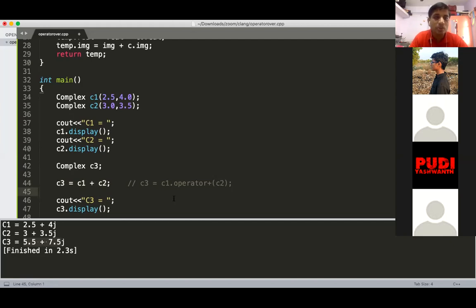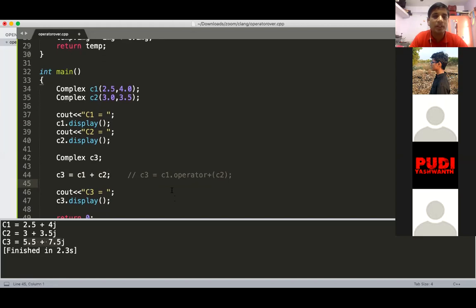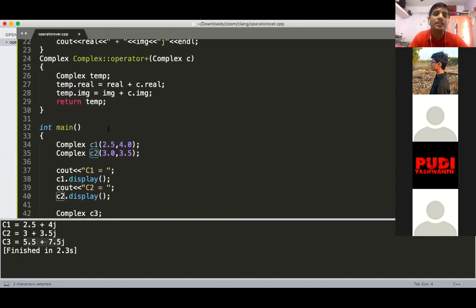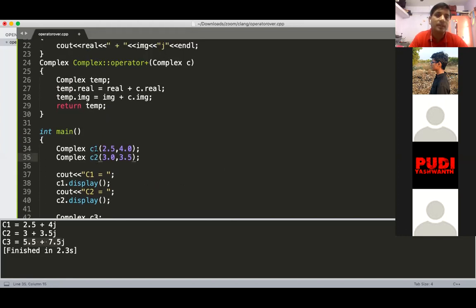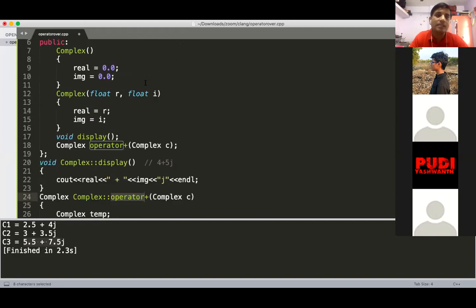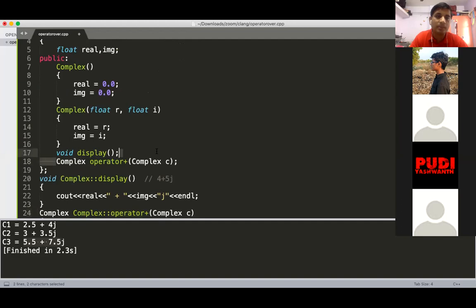Getting? So any binary operator is resolved like this. How can you say that it is a binary operator? Because it takes one argument. A unary operator is not taking any argument. A binary operator takes one argument, in case the operator plus function is your member function. This is the first example, where we have declared the operator plus function as a member function.